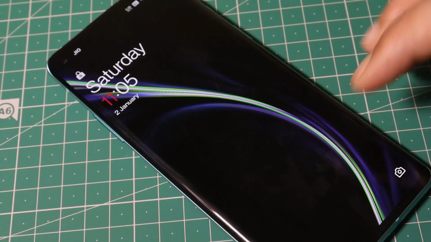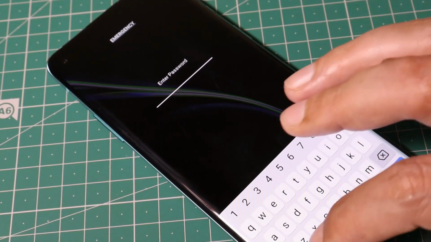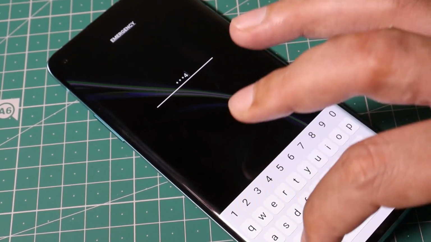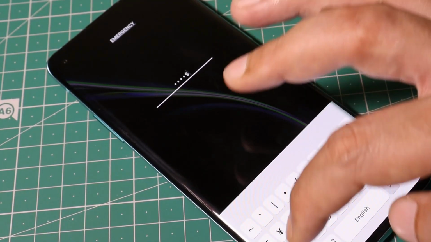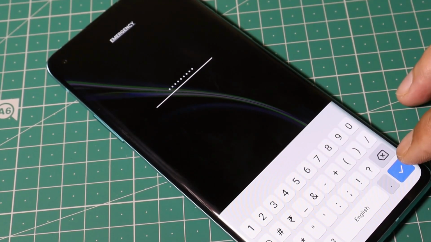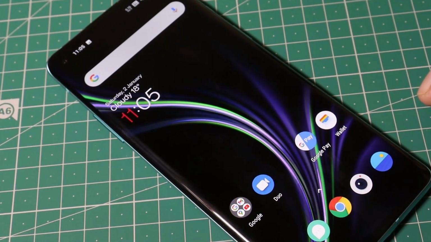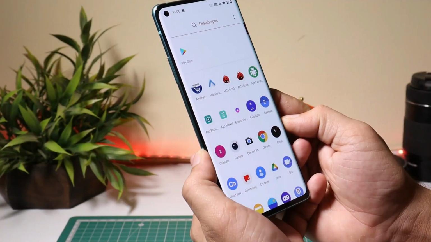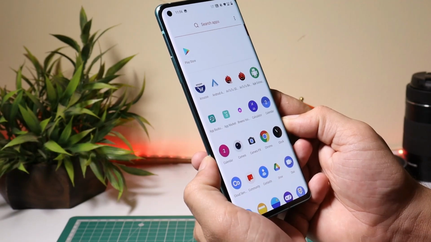After that, fixes have been done related to the lock screen, in which most of the users were unable to unlock the device if they had used special characters. But I have personally tried, and here you can see I don't have any kind of issues unlocking my device using special characters. So this was a bug available on the previous update and that has been fixed now. Along with this fix, they have also done few fixes related to app crashing.